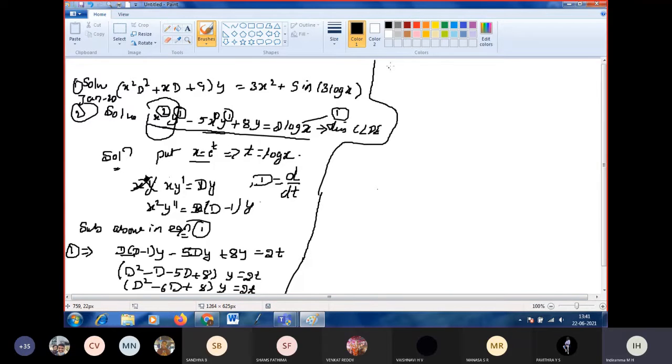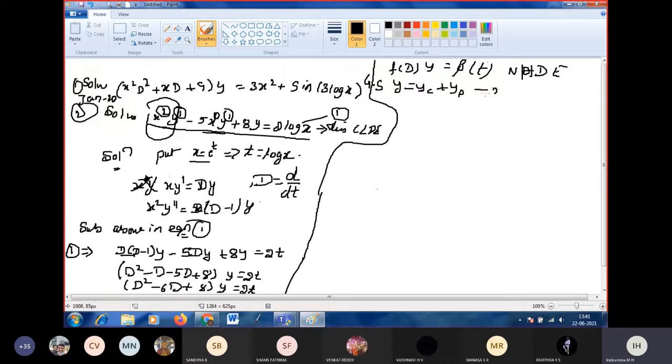No problem. Okay, right. So next, it is of the form f of D into y is equal to phi of t. Now this differential equation is reduced to one with constant coefficients. The given differential equation with variable coefficients, by taking some suitable substitution, we reduce to constant coefficients, and we know the various methods to solve it. It is a non-homogeneous differential equation. For a non-homogeneous differential equation, what is the general solution? y is equal to yc plus yp. Call it equation number 2.